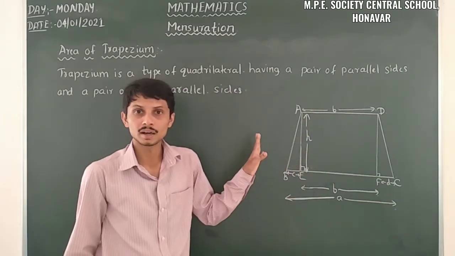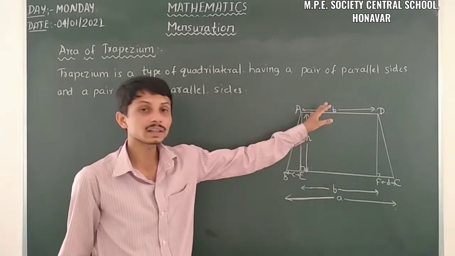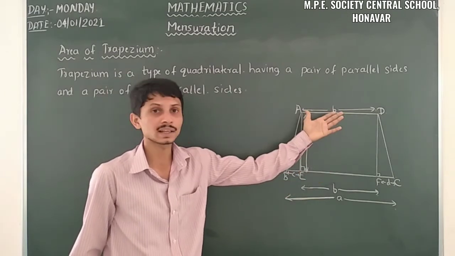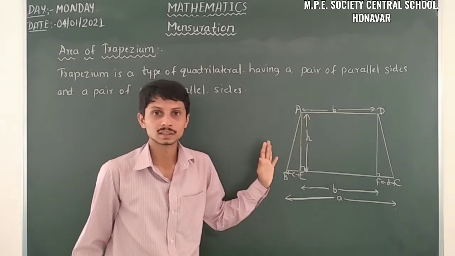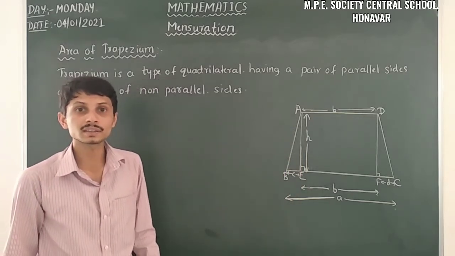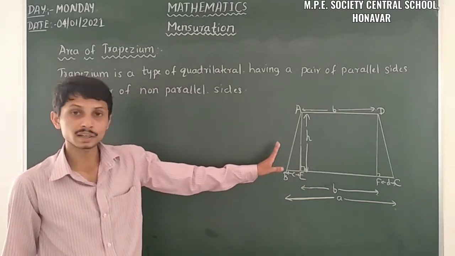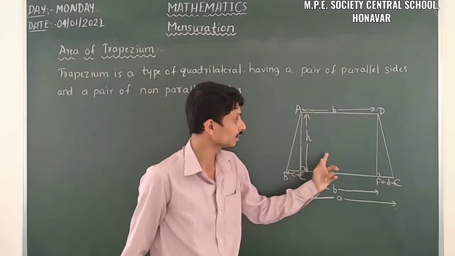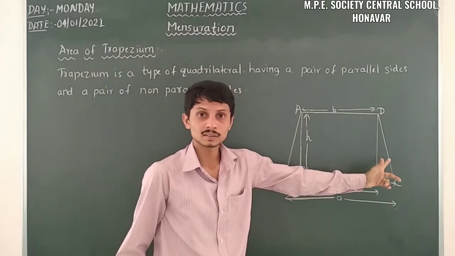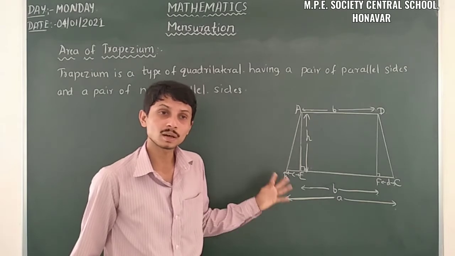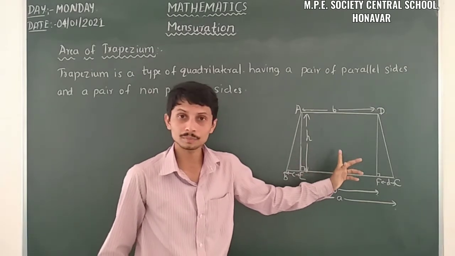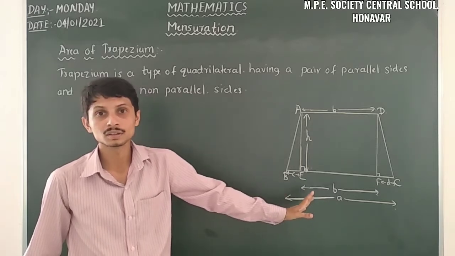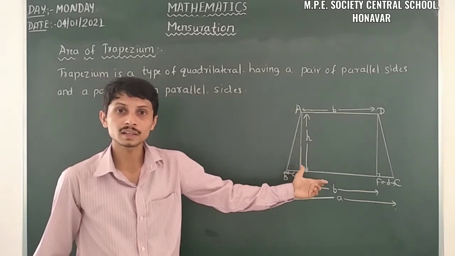As this one is the H here, or this we can take it as L also. So for the easiest measurement we can take it as L also here. Yes. So we have to take the area of the trapezium, but we already know that the trapezium is a sum of all these three figures, that is triangle, rectangle and the triangle. When we take the sum of the area of this triangle, the area of this rectangle and the area of this triangle, we can easily find out the area of a trapezium.